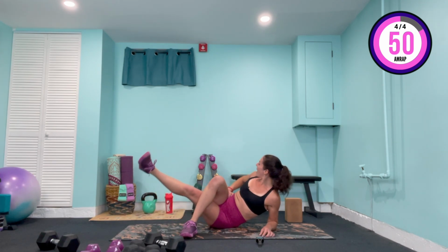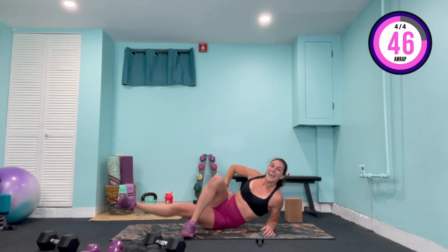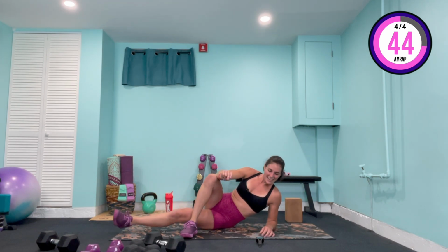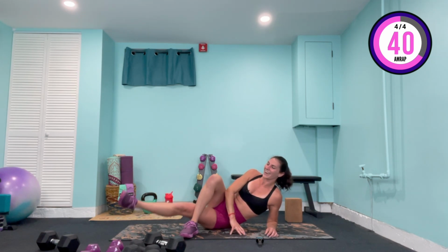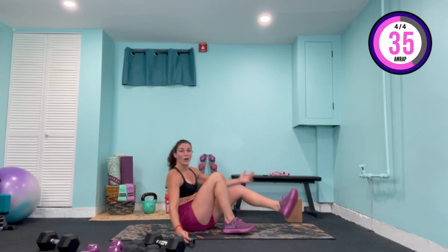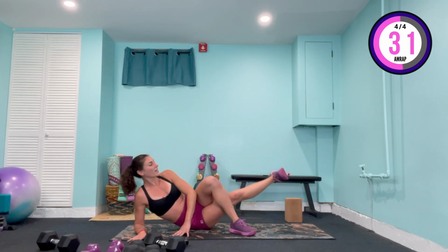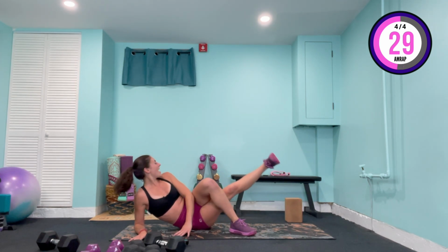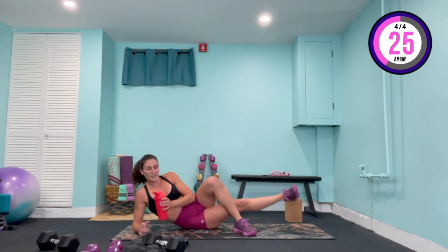15, 14, lift it higher, 13, 12, 11, 10, 9, 8, come on, 7, 6, I'm drenched, 5, 4, you know how it goes, 3, 2, 1, changing sides, top leg over, bottom leg straight, flex the bottom foot, in 2, in 1, 20, 19, 18, get ready to come up to standing, 16, 15,